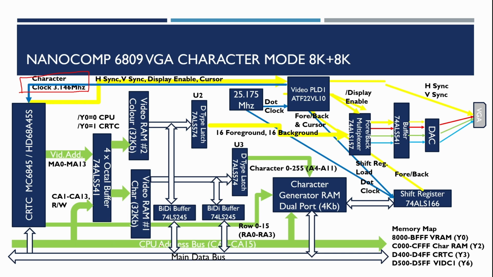When the CPU wants to update these video RAM chips, then what happens is that the address bus here is routed through here to the video RAM chips, and then the data is accessed through the following chips this way. The way the characters are generated is the CRTC produces a raster address or RA lines,